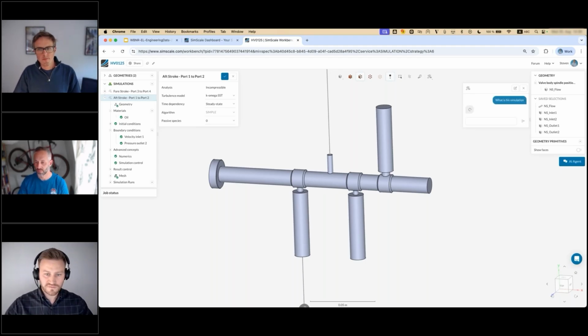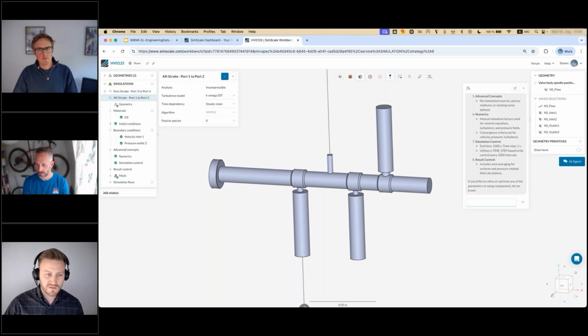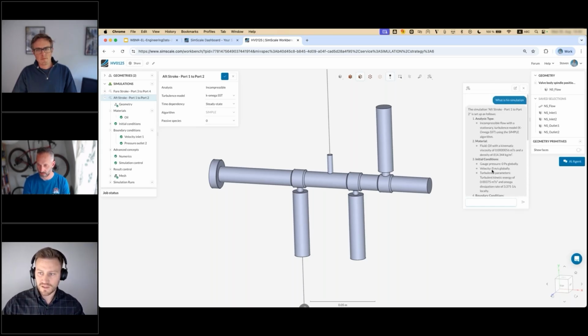And it has full access to SimScale. It has full access to a large language model. As John was saying, it's able to infer exactly what is happening here. So it could really help you pick up from where somebody else has left off on a simulation job and understand what's happening. Now, if I need to understand something like the CV performance of this valve for a new RFP that we've received, I can also ask high-level questions like that.